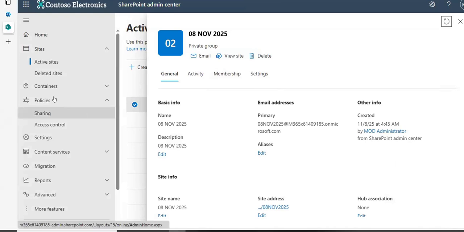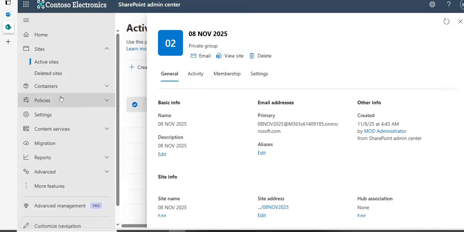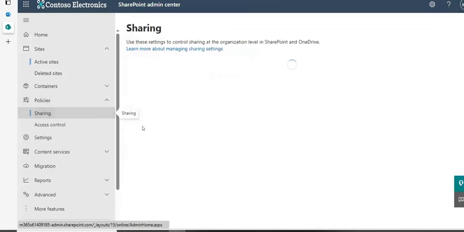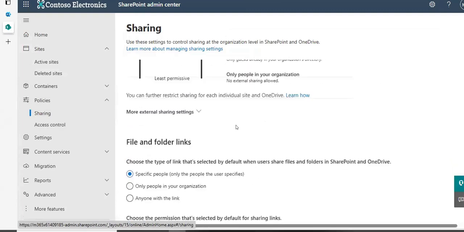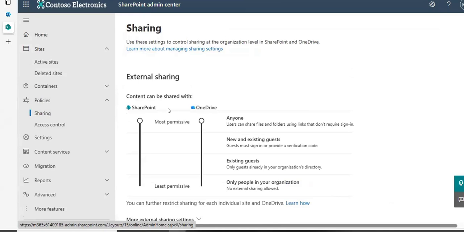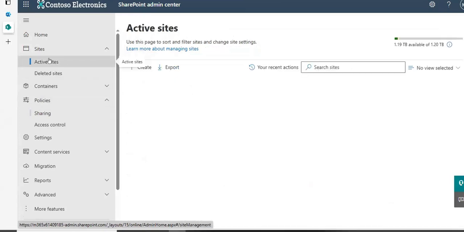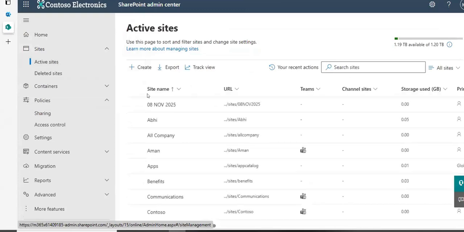So we checked the sharing settings at tenant level in our last session, right? We can manage the sharing settings over here, and whatever changes we make will replicate to the sites. And if we don't want external sharing,